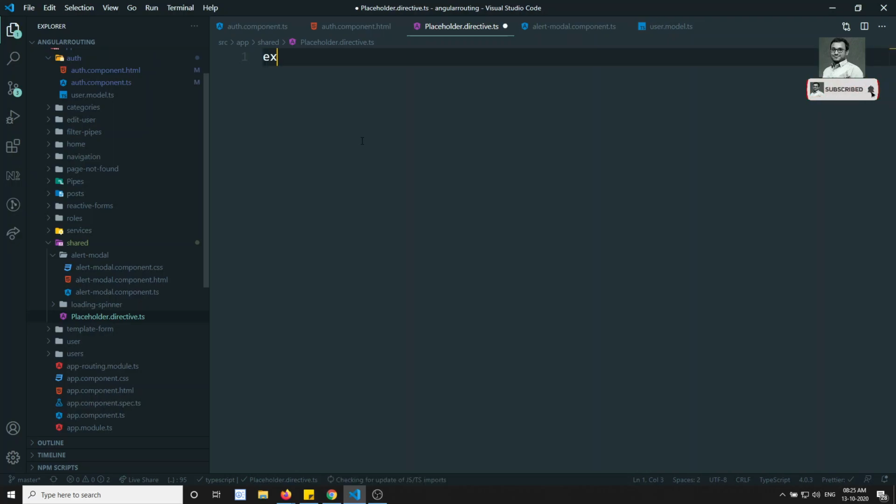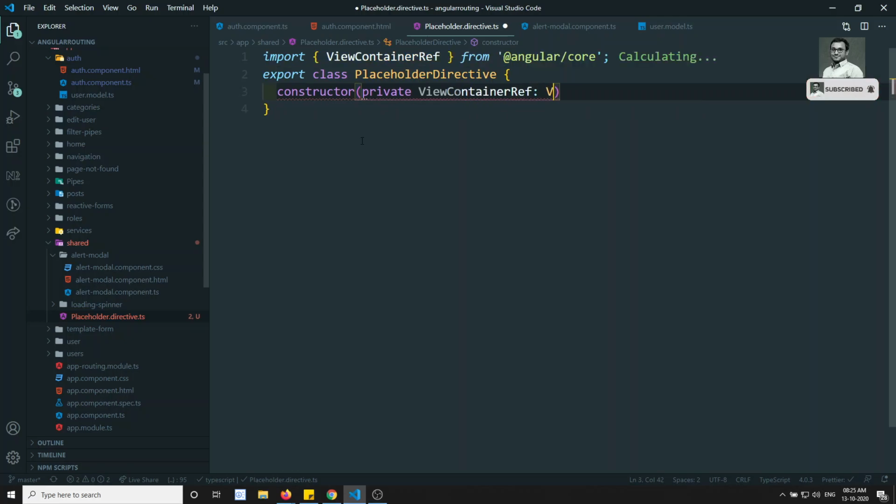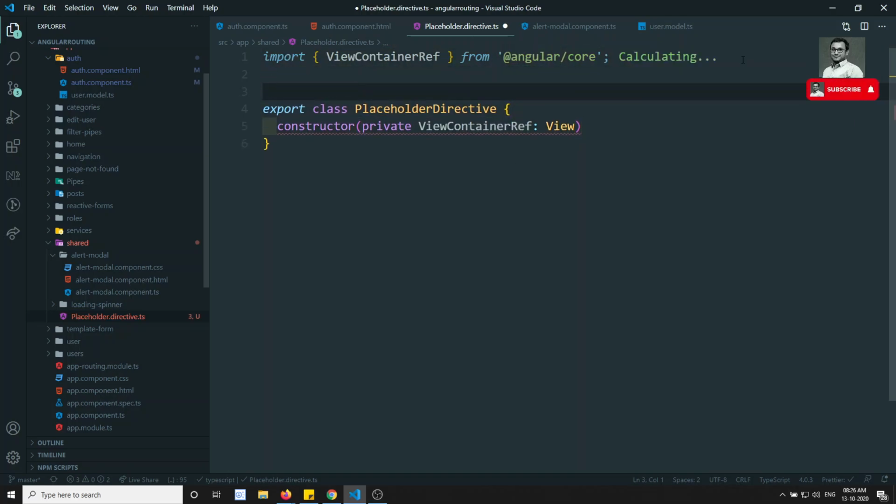Okay, so now export class placeholder directive. I have created a placeholder directive, and in the constructor you will be getting the view container reference. So what I can do, view container. At the top we need to mention the directive, as it is a directive.